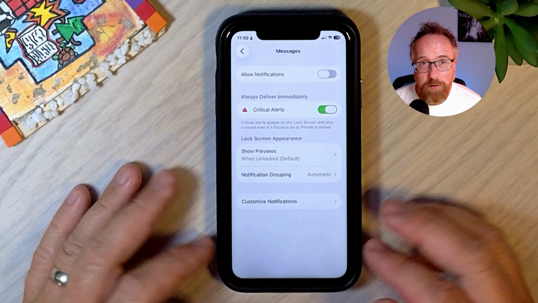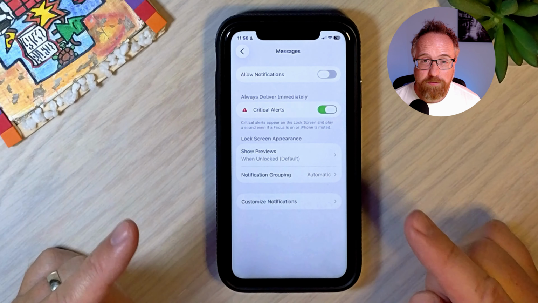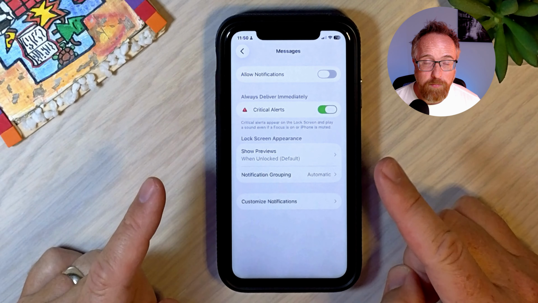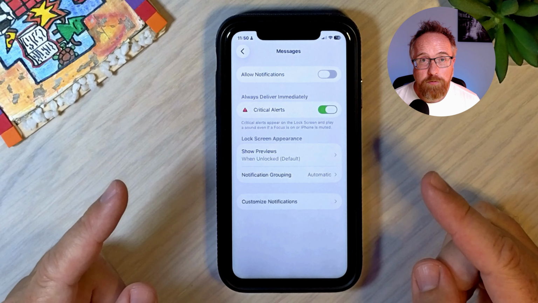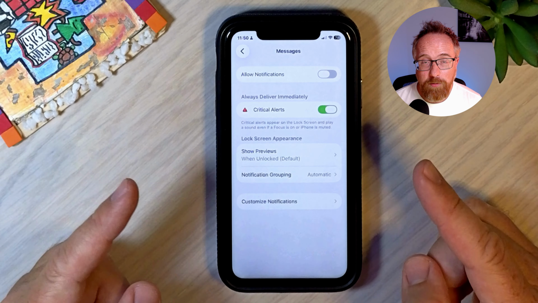And if you find that your phone has been slowing down lately, check out this video because you might have a virus or malware on your phone that's slowing it down. So if you want to determine if that could be the problem on your phone and fix it, this is